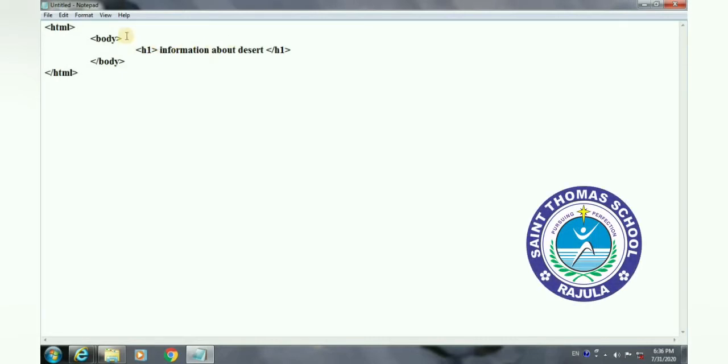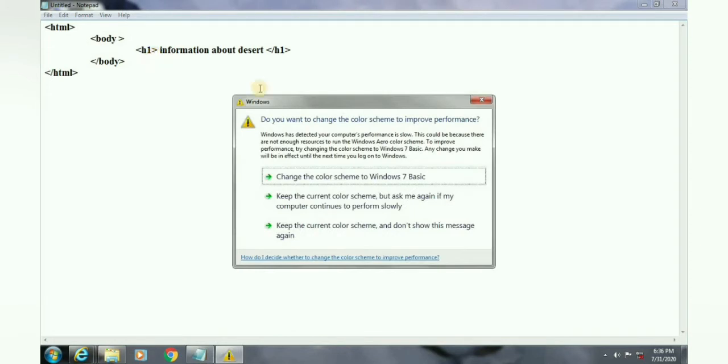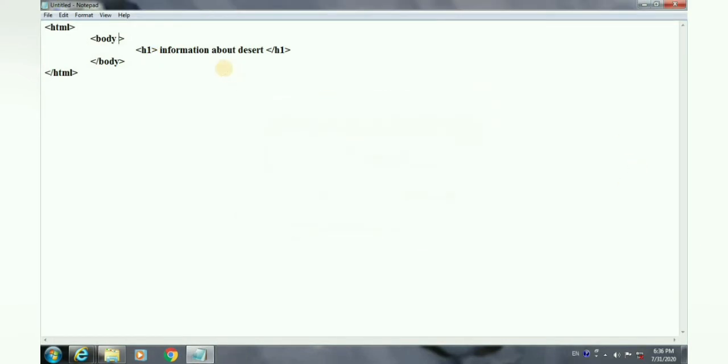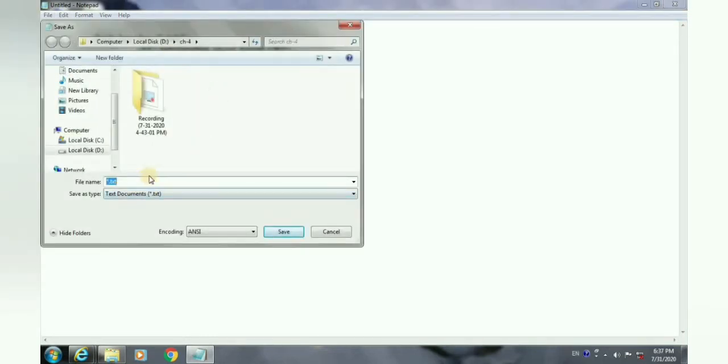To make the web page attractive, you can set a background color for this web page. So you can use the BGCOLOR attribute here, and any color you can specify as a background color. So here I am writing pink. So this is our second file, and when we click on the image, this file will open. And remember, students, this file also we have to save in the same folder. All the files must be saved together, then only the hyperlink will work.